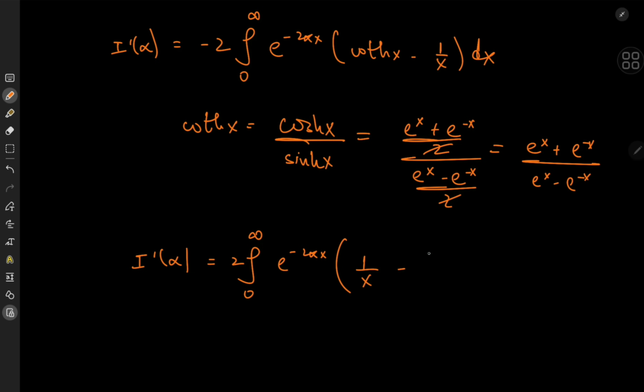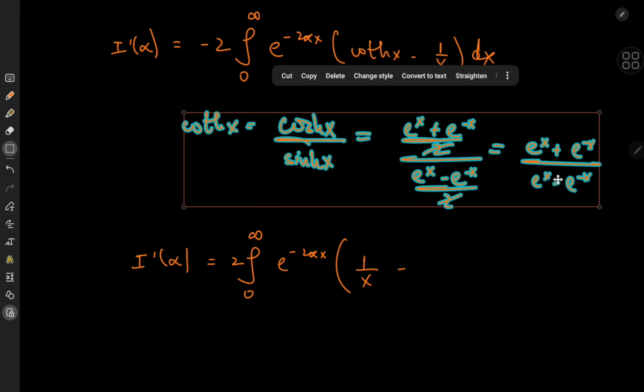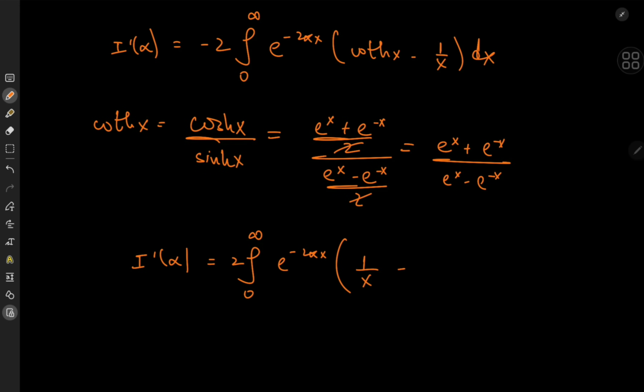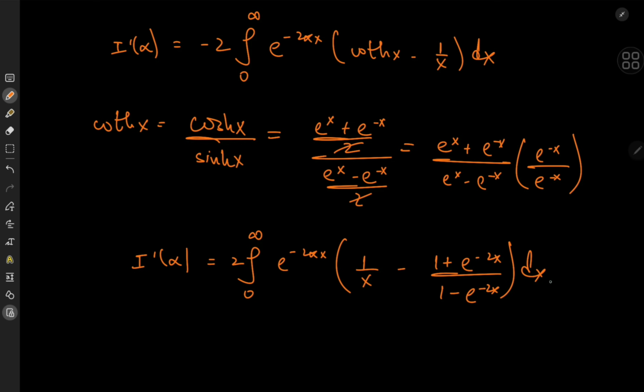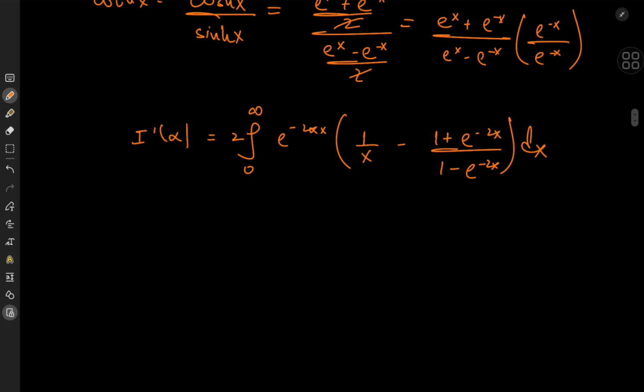Now I could expand the right-hand side of the above equation by e to the minus x. I believe that would be pretty cool. So by that token, we have 1 minus e to the minus 2x over, it's 1 plus upstairs, and downstairs it's 1 minus e to the minus 2x, integration with respect to x. Okay, cool. Well, we have a bunch of 2x terms, so we might as well invoke a substitution here by letting 2x equal t, which implies that 2dx equals dt. So we get rid of this factor of 2 in front of the integral that I was bound to forget anyway, so